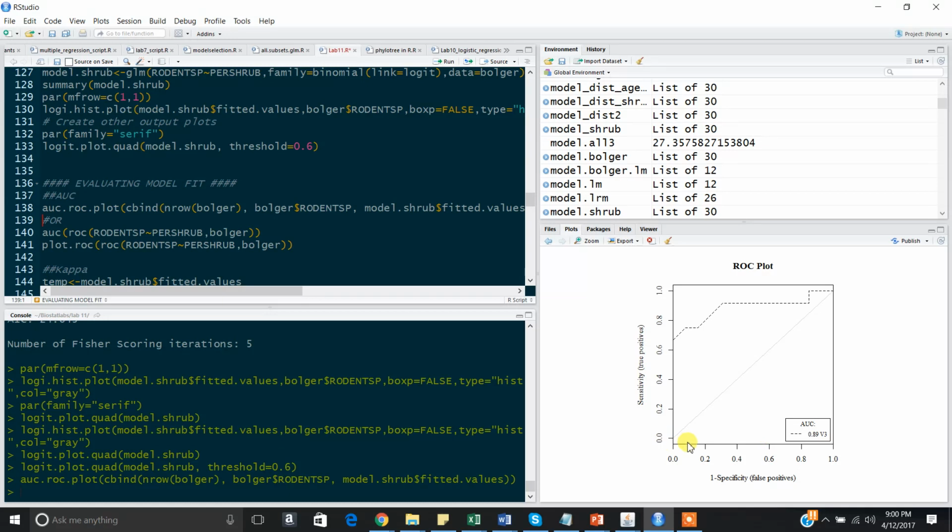So the x-axis here is your sensitivity. Again, sorry, specificity. So remember, specificity are your false positives. Your y-axis indicates sensitivity, or your true positives. And what's produced is called an ROC plot. So in order to interpret this,